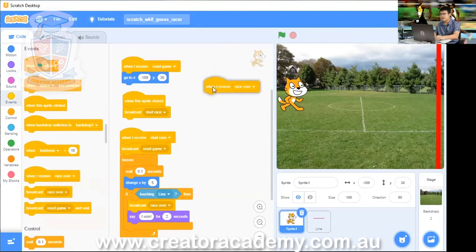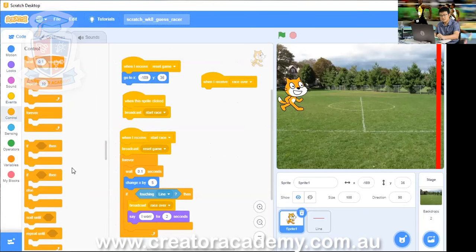And then we're going to start another new line of code. Okay. So when I receive race over, we have to put it on a completely new line over here. What are we going to do when we receive race over? Very, very simple. We're going to go to control.